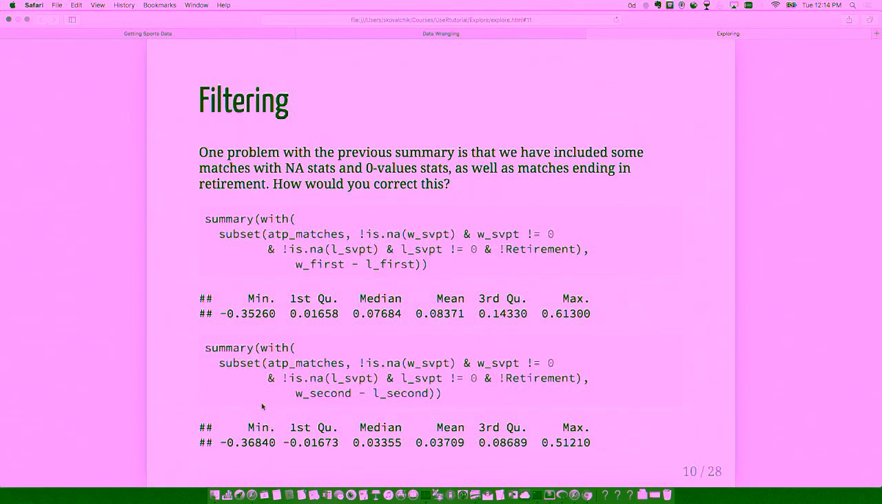Okay, so all of these could be done with some subsetting, filtering steps. So here what I've done is to just done my summary, but